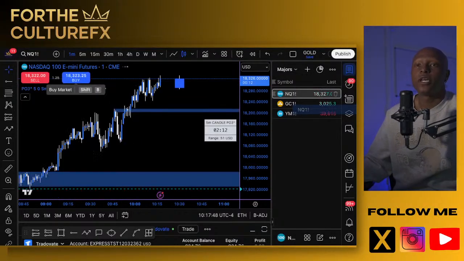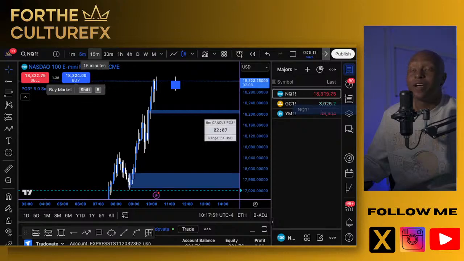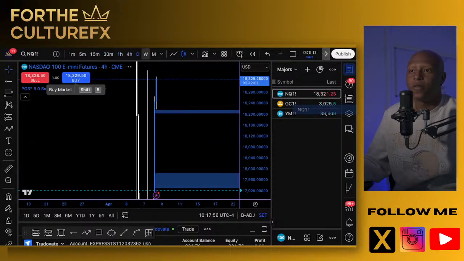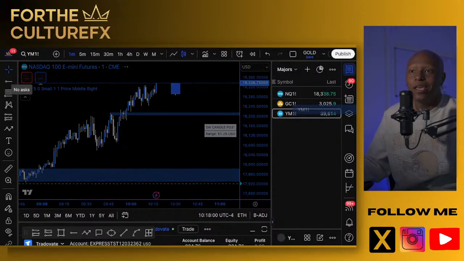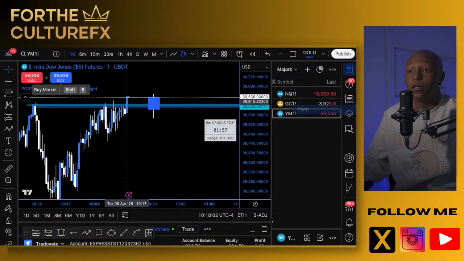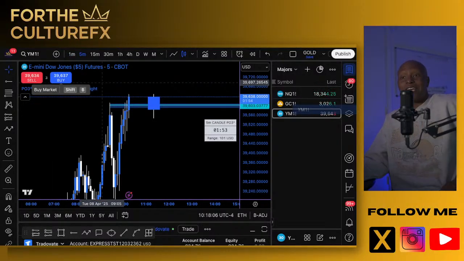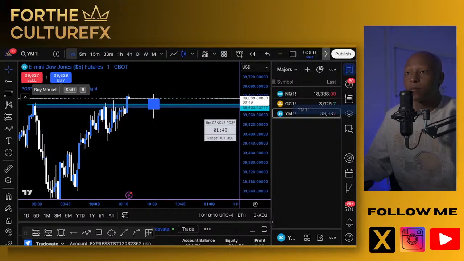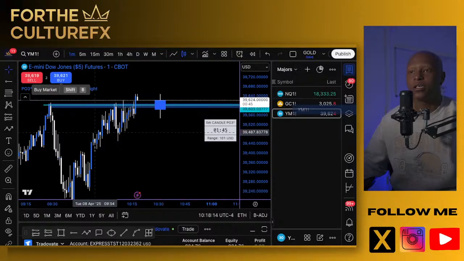Just broke through these highs. Same with NQ. NQ previous 5 minute closed bearish though. Not a fan of that. 15 bullish, 1 hour, 4 hour, everything else bullish. You know, 5 minute, a little sketchier. All right, so a 5 minute. Now that we've just taken out this high, a 5 minute bullish closure and a scale in, I'm all for it, right? So I'll take one more possible scale in position at this move.